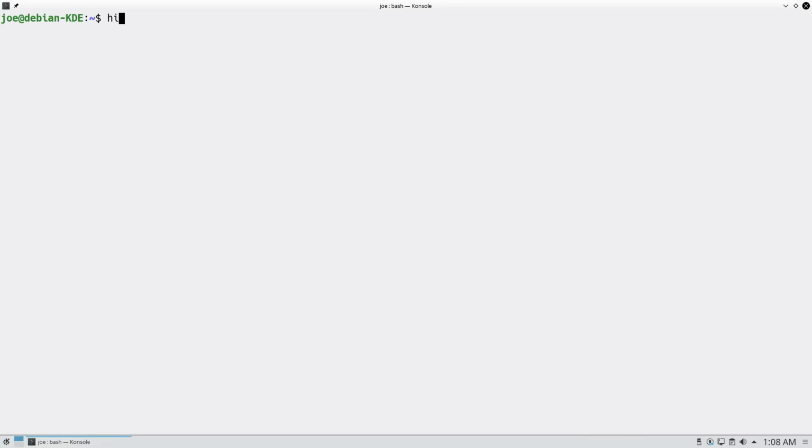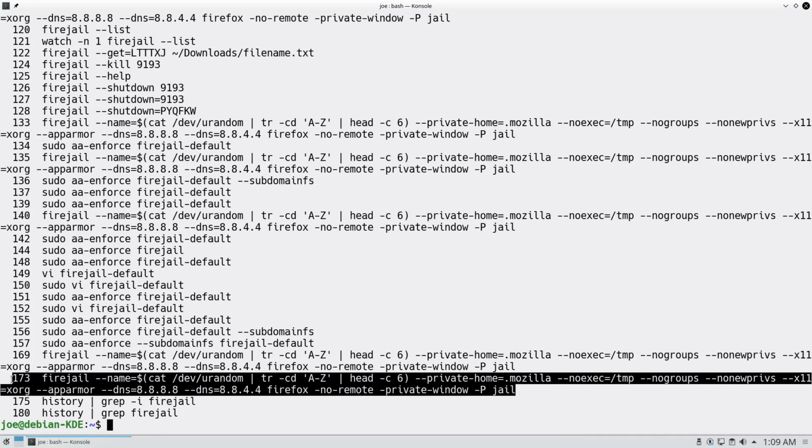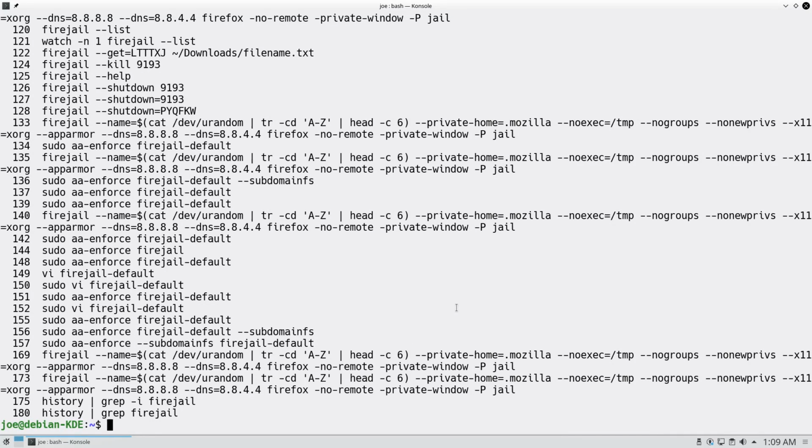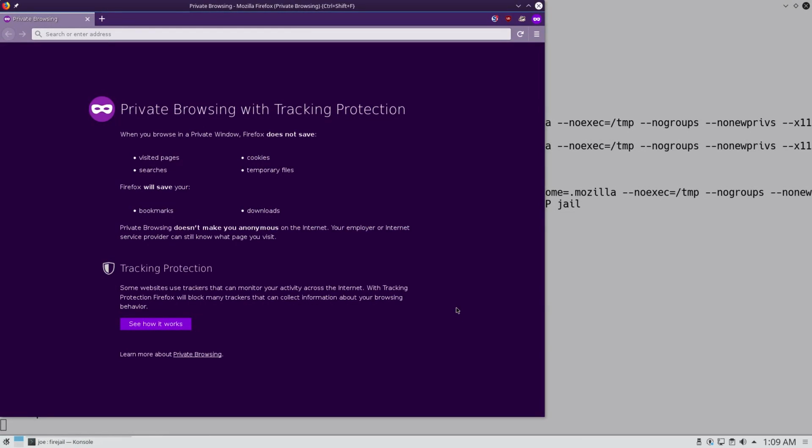Okay. Now if I type history grep firejail, you should see that the last Firejail command I did was this grep here. So now if I do a new Firejail command, firejail --get, or better yet, let's do a launch command because this will actually function. So what I'm going to do is launch my browser with this command here. All right, just pop that in there. Okay. So now my browser's launched. If I close this browser,